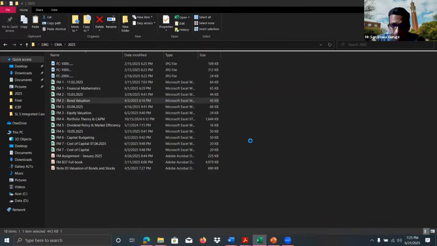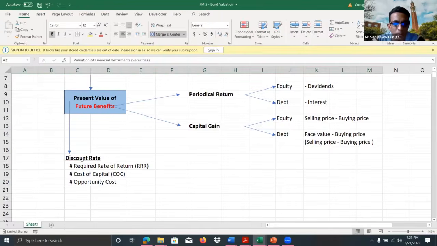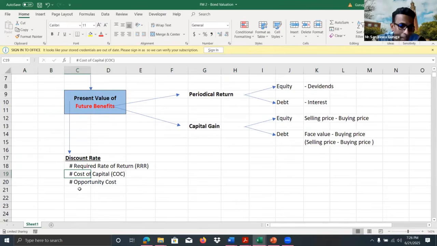So you mentioned all the correct terms, right? Discount rate means the required rate of return. What is the minimum required rate of return? The cost of capital. And the other very correct term, I saw in the answers, is opportunity cost, which is applicable from both sides, right? That means from the investor side and from the issuer or organization side. So we can use this term, opportunity cost.